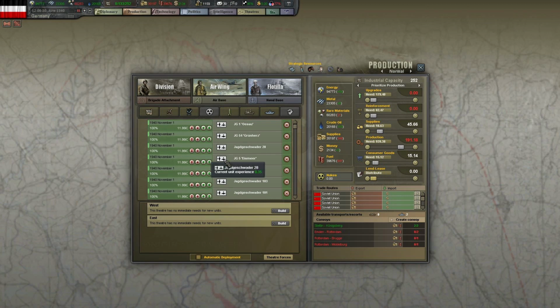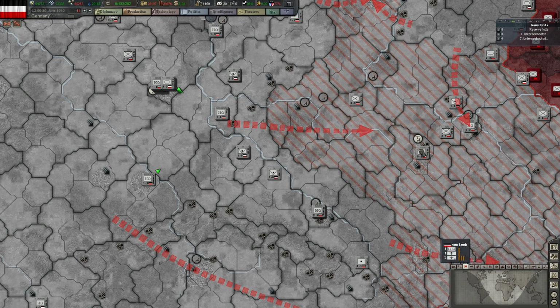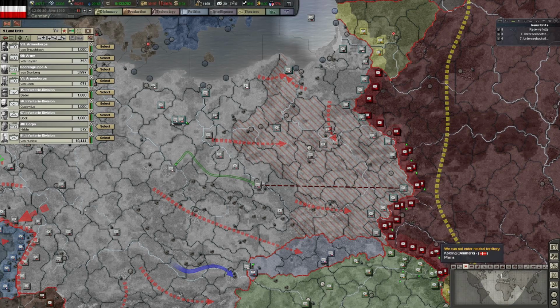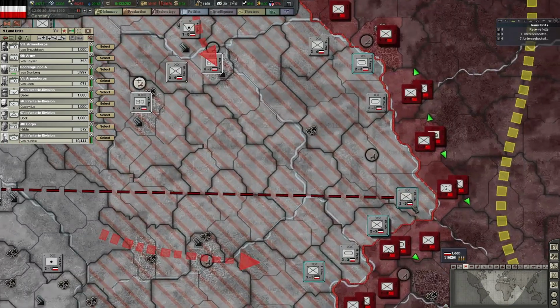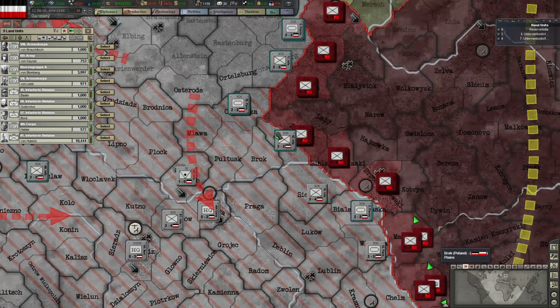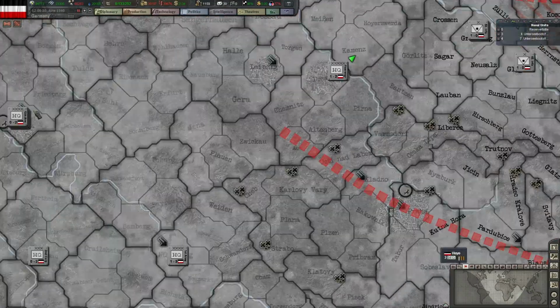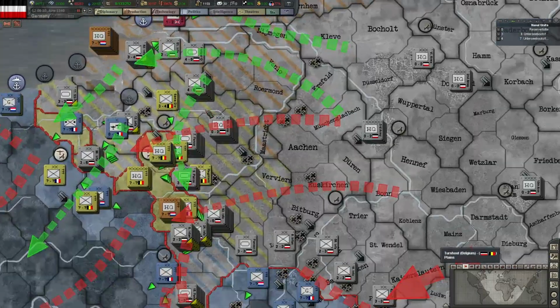Now, what I need to do is start creating a lot more tanks, because that there is nowhere near enough to stop them. Okay, so